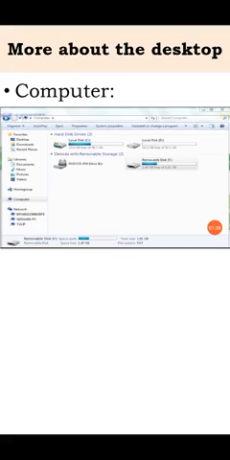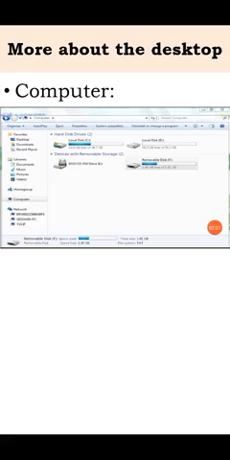Next is more about the desktop. On the computer desktop you may see several icons like My Computer, My Documents and Recycle Bin. The desktop shows several program icons depending on how your computer has been set up.